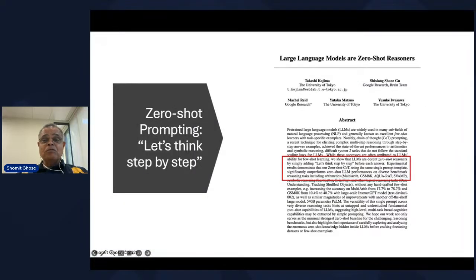Interestingly, you can help LLMs solve problems without even providing them with any relevant examples. And this is known as zero-shot prompting. And this can be done simply by prompting the LLM with, let's think step by step. This encourages the LLM to be circumspect and break the problem down and not just rush to a conclusion. Again, think of teaching your child how to do addition and subtraction. Part of that instruction is going to be, hey, son or daughter, let's think about the problem we're trying to solve. What are the two numbers you're trying to add, et cetera, right? You help them break it down. So in the same way, you're prompting the LLM, and it works actually quite well.